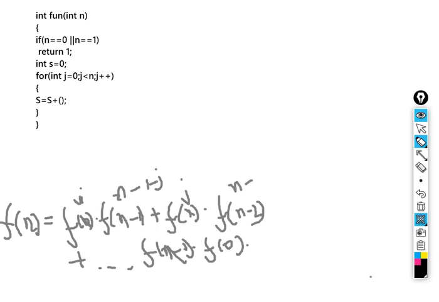Then n minus 2 I have over here, so here j is 1, so instead of writing n minus 2 I can write n minus 1 minus 1, and j is also 1, so I'll replace this 1 with a j. So we have n minus 1 minus j, and that follows for the entire sequence.